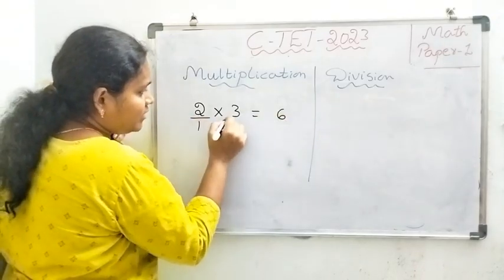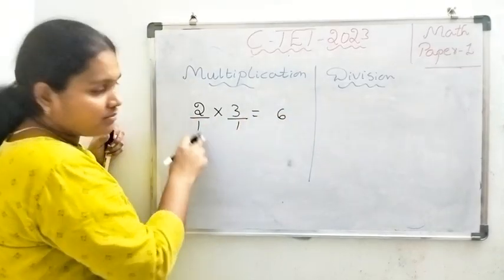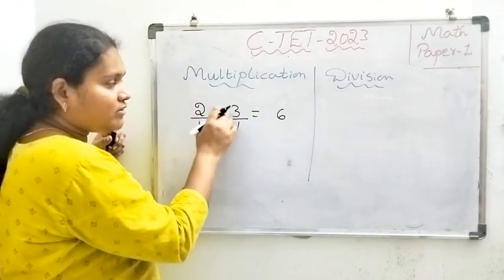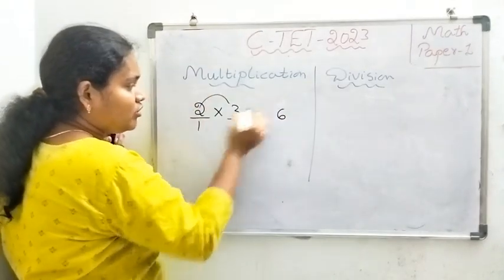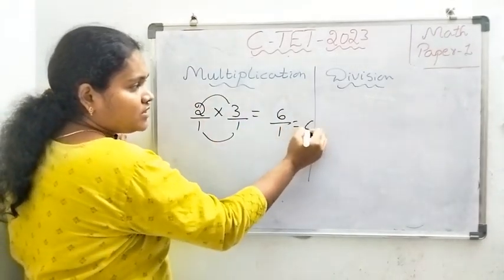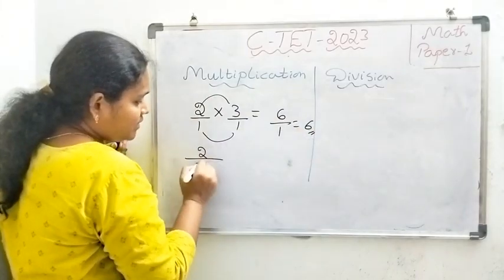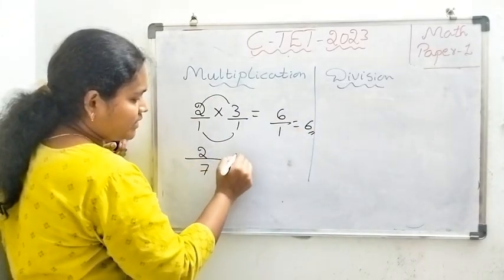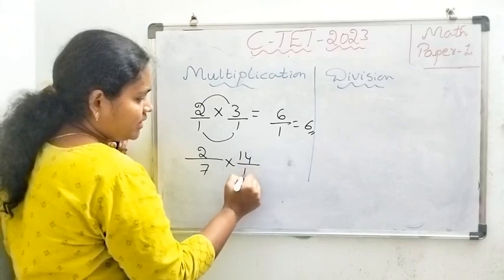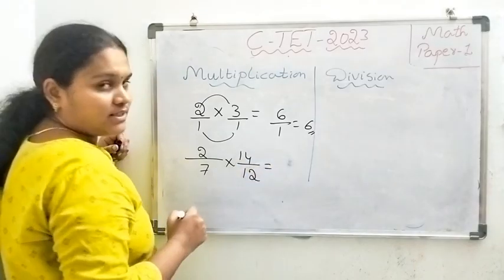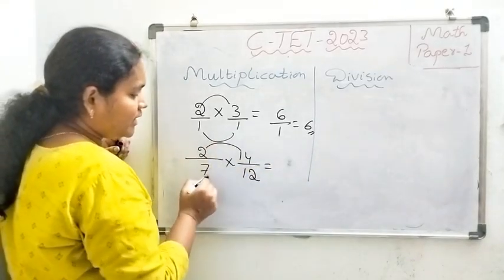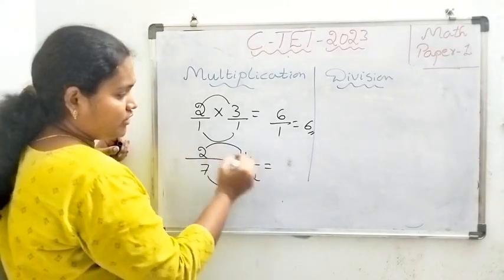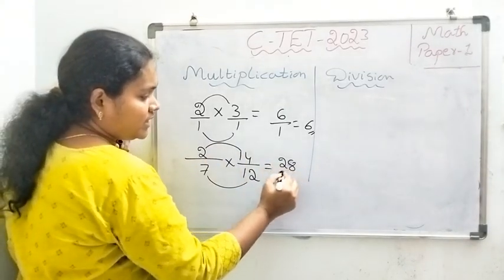But what is the denominator here? There is nothing, so we can write it as 1. So 2 by 1 into 3 by 1 is 2 into 3 in the numerator and 1 into 1, which is 6. Now there is a number in the numerator like 2 by 7 into 14 by 12. Again numerator into numerator and denominator into denominator, so 28 and 12